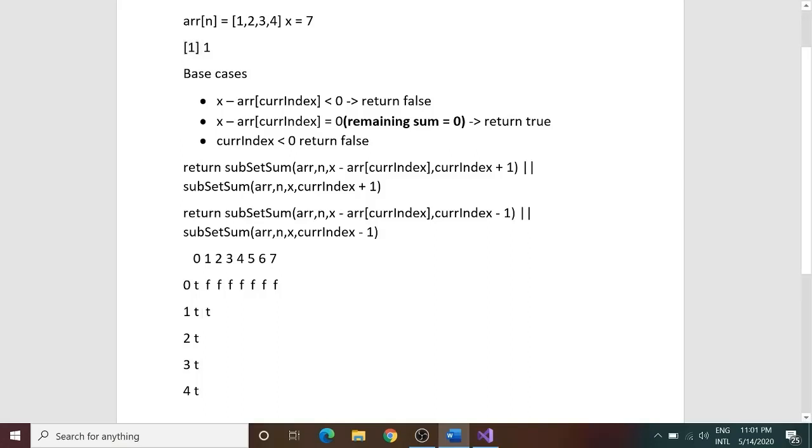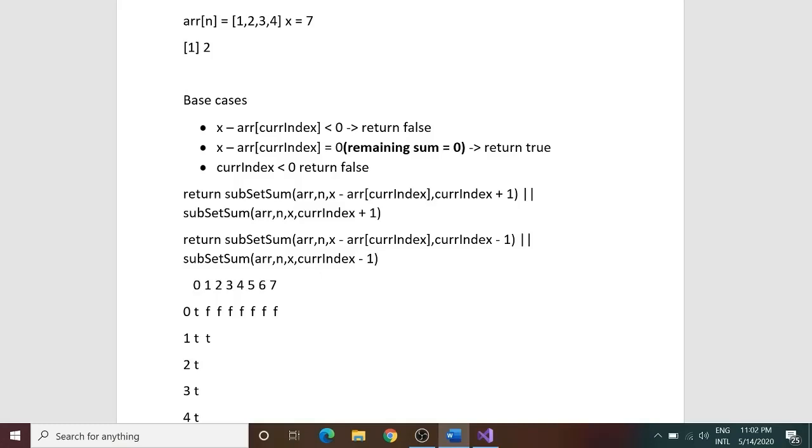Now what does this subproblem mean? This subproblem means that you have 1 over here in the array, but you need to make a leftover sum of 2. So can you make it? So we need to branch out over here. And how do we need to branch out? With the help of this recurrence relation. And what did we used to do? In this case, what do we have? We have a 1 and we need to make a sum of 2. So how did we branch out earlier? We branched out once by including the element 1 and once by not including it.